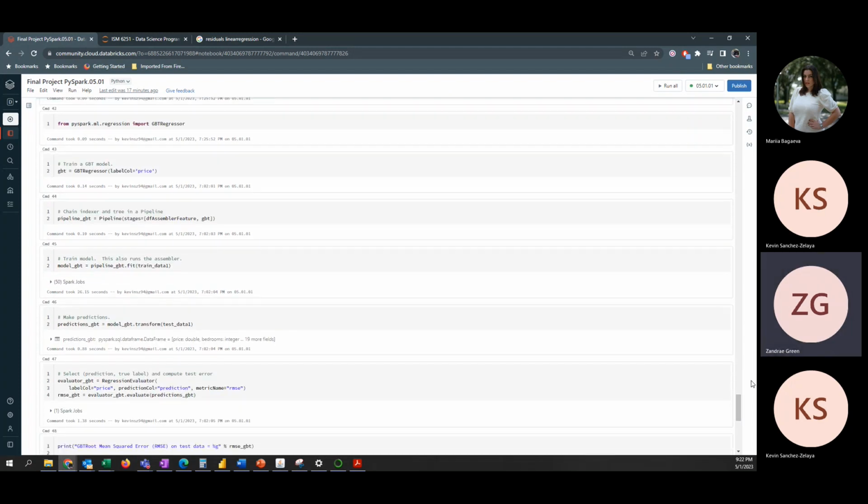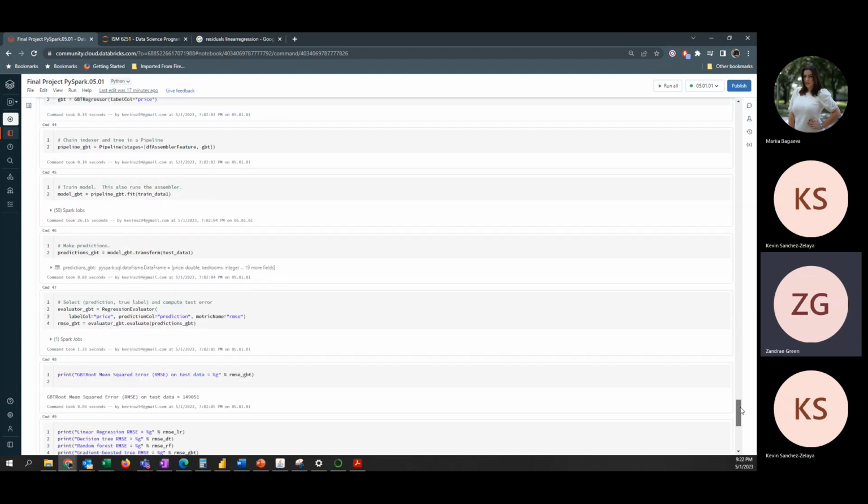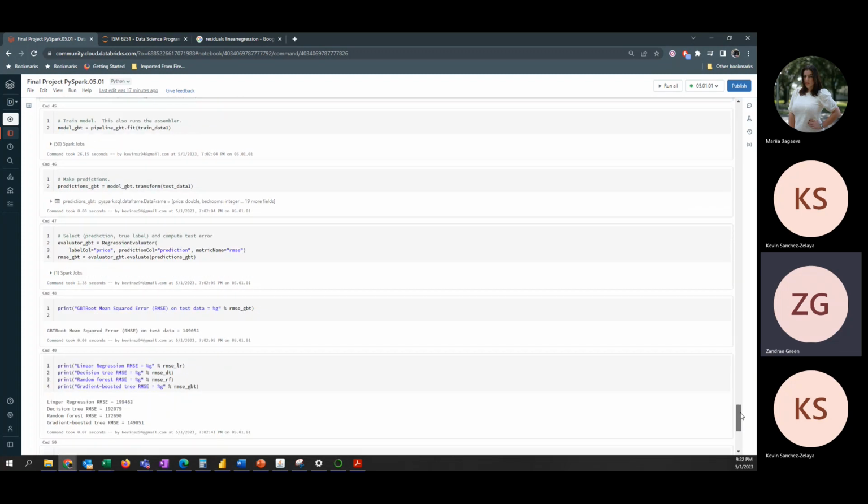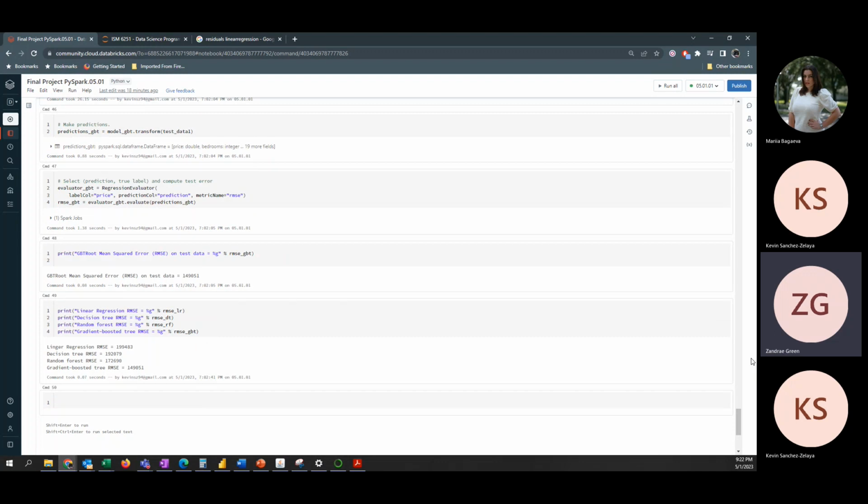And here we get our model for the regression. We create our pipeline, same as the 3 times before. We train our model, we get our prediction, and then we evaluate the prediction to get our RMSE of 149.51. And here, this last piece of code, I just printed out all the RMSEs for all the regressions that